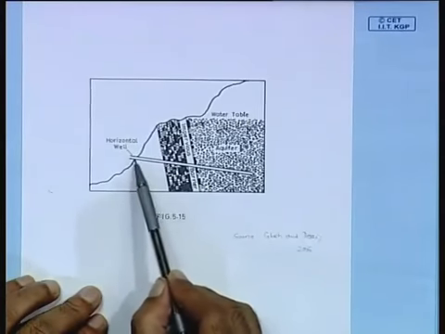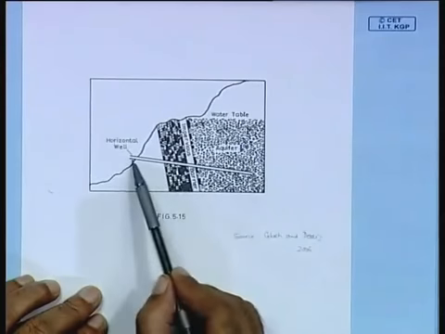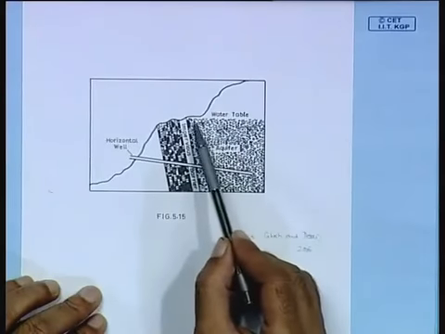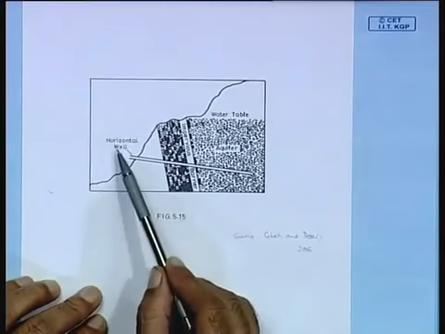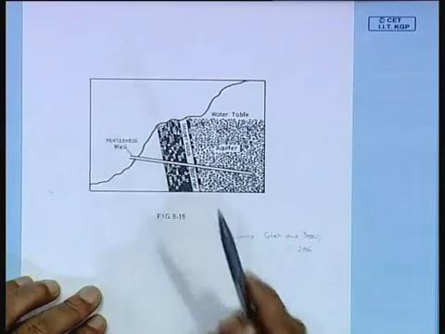So through this there is a horizontal well, and depending upon the water table, groundwater can be harnessed through this horizontal well.